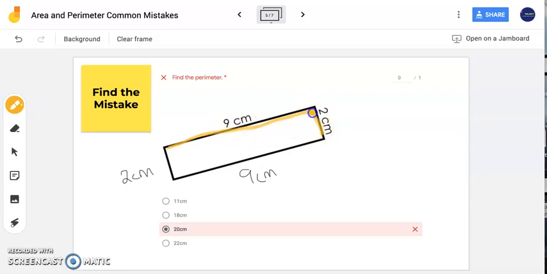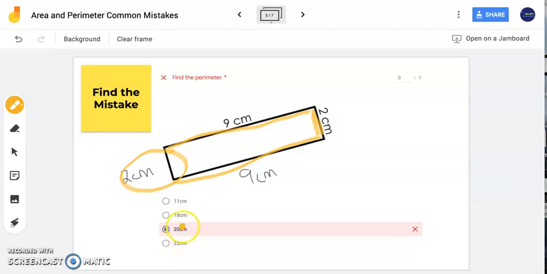9 plus 2 is 11. And now 11 plus 9 is 20. But I noticed they forgot this side here. So this side here is very important. They left that side out. That's not the full perimeter. When you are finding the perimeter, you need to add all four sides. So 9 plus 2 is 11, 11 plus 9 is 20, and then 20 plus 2 is 22 should be